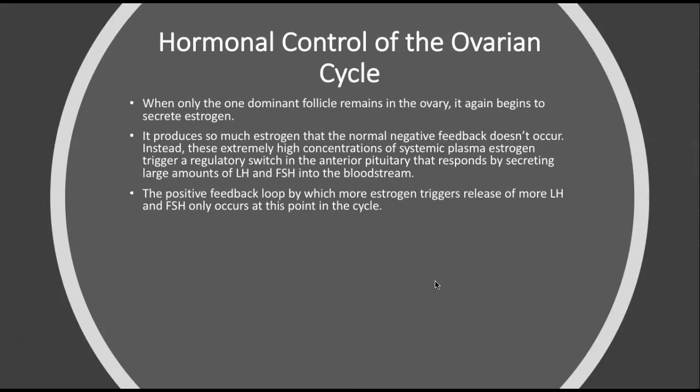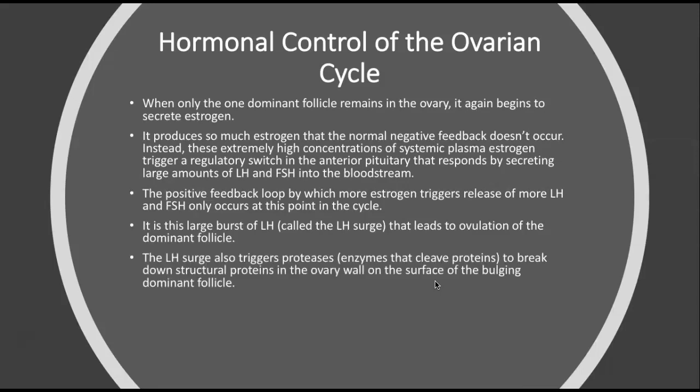This is now a positive, so it switches from a negative feedback loop to a positive feedback loop, where more estrogen triggers the release of more luteinizing hormone and follicle stimulating hormone, and it only occurs at this point in the cycle. It's this large burst of luteinizing hormone, which we call the luteinizing hormone surge, that leads to ovulation of the dominant follicle. This surge also triggers proteases, which are enzymes, ASE by the way, enzymes that cleave proteins